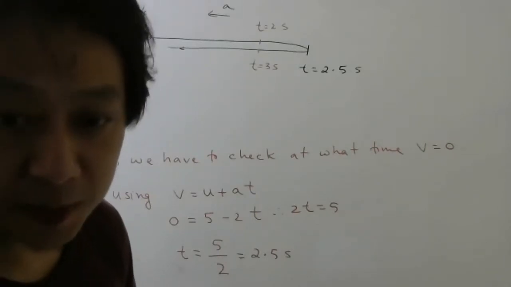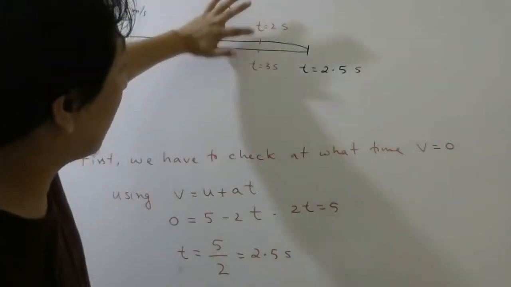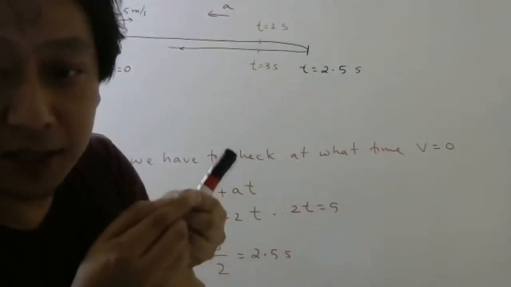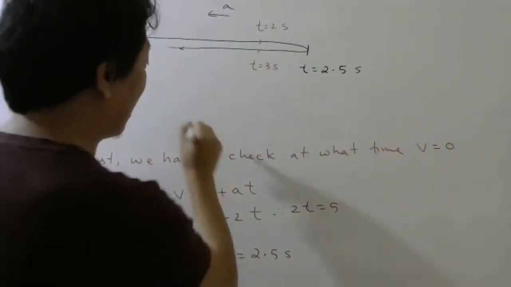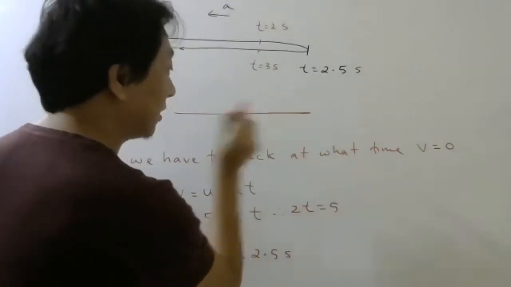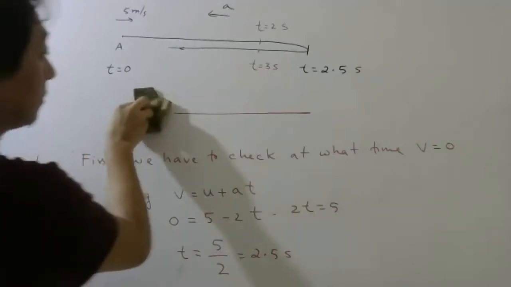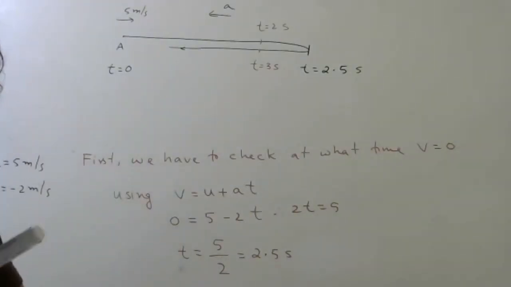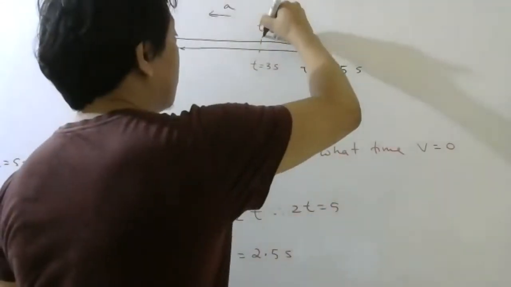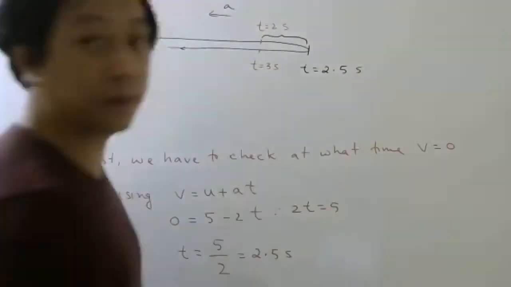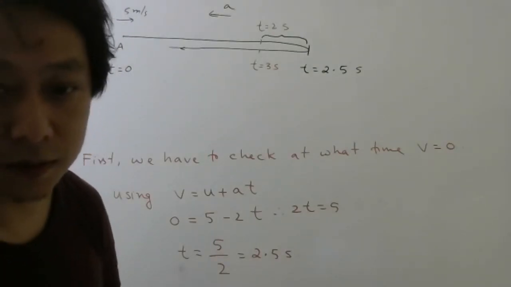The reason why displacement came 0 in the third second is because at 2 seconds and at 3 seconds, it is at the same position. I am drawing like this for your clarity. Otherwise, actually it is like this. It will go, stop, come back. So, to find the distance, we need to first find this distance. Yeah, displacement will be 0.